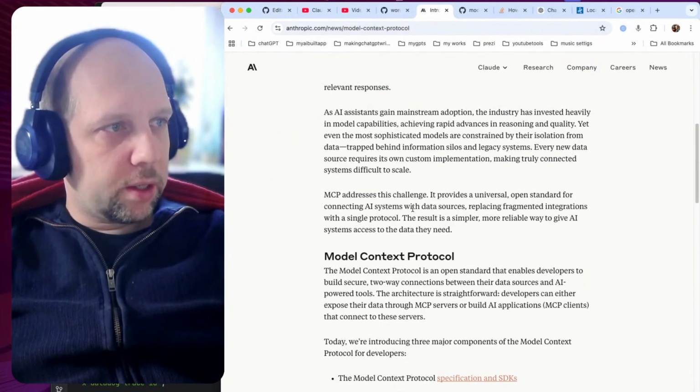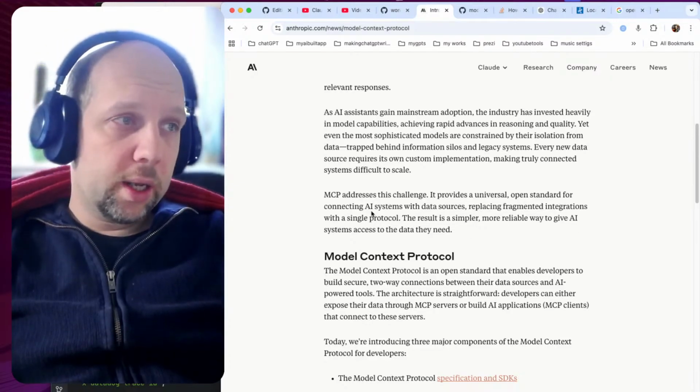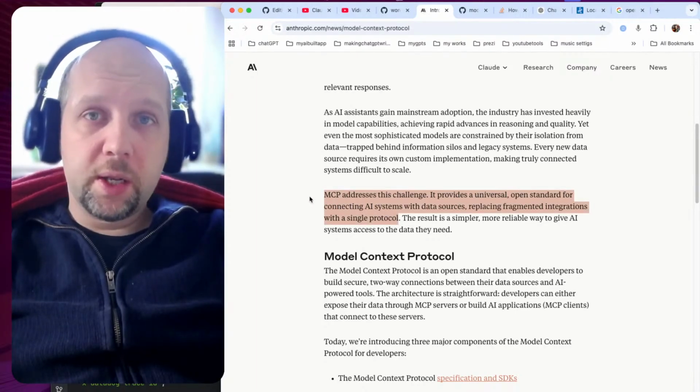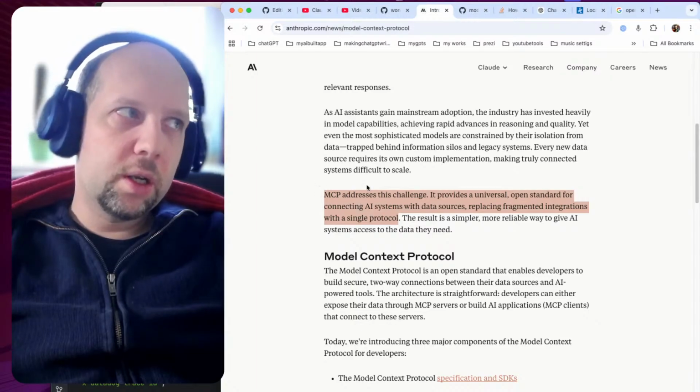So MCP addresses this challenge. It provides a universal open standard for connecting AI systems with data sources, replacing fragmented integrations with a single protocol. That's a good thing, if it is picked up. So if industry picks this up and this becomes a standard, something like